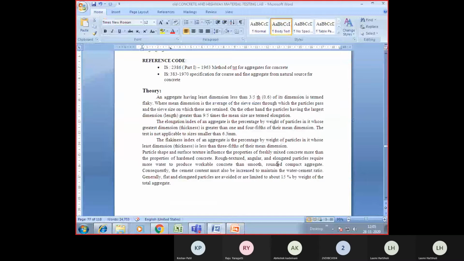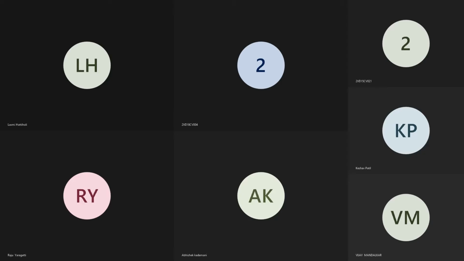As far as possible, you should avoid flaky and elongated aggregates, but you cannot completely avoid them, so some percentage will definitely be included. The IS code, that is the Indian Standard Code, has fixed a maximum limit for flaky and elongated aggregate, that is, how much percentage should be present in a lump sum of aggregates. That we are going to determine today. So the experiment name is the flakiness index.